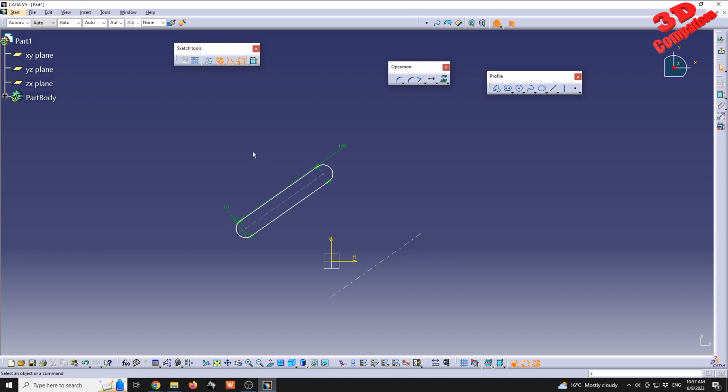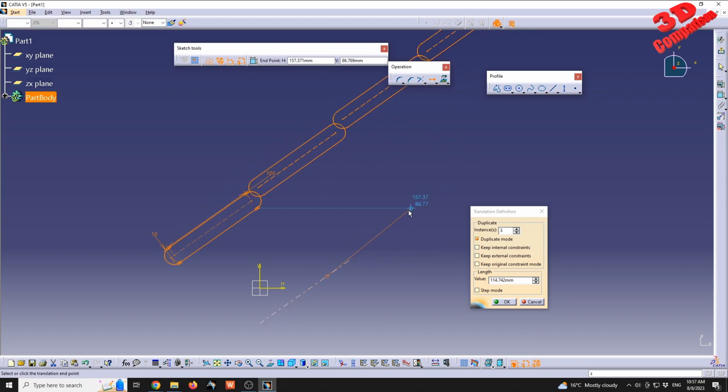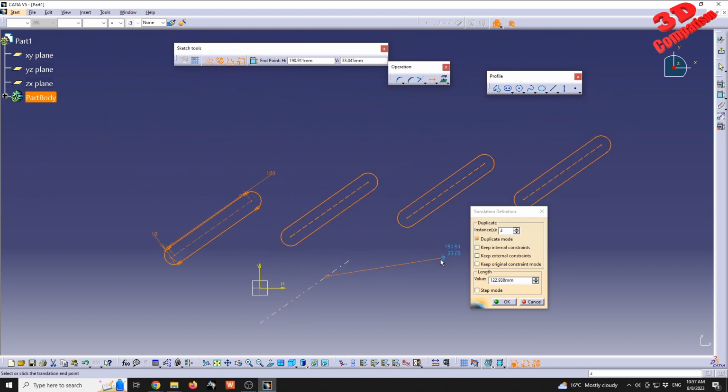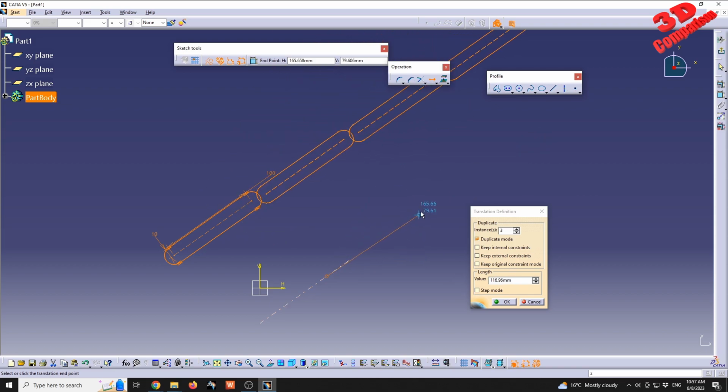If you want to use this as a linear pattern, I will select that, go again to translate, duplicate mode. We can define how many instances, so similar to a linear pattern within SolidWorks or other software. We're gonna see that we can define that distance. If you want to add a specific numeric value, you will also give that, indicate the location, and afterwards, if